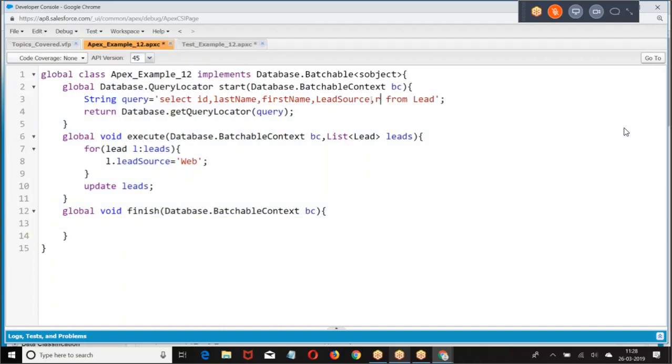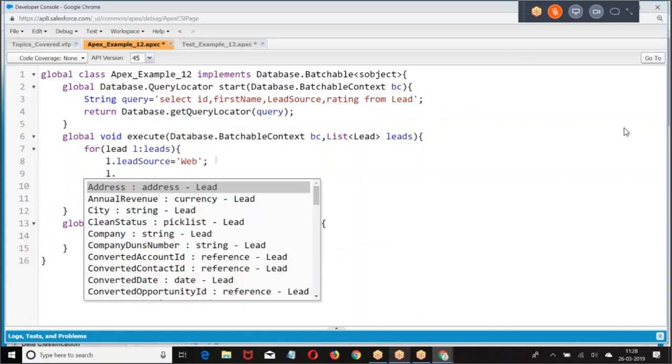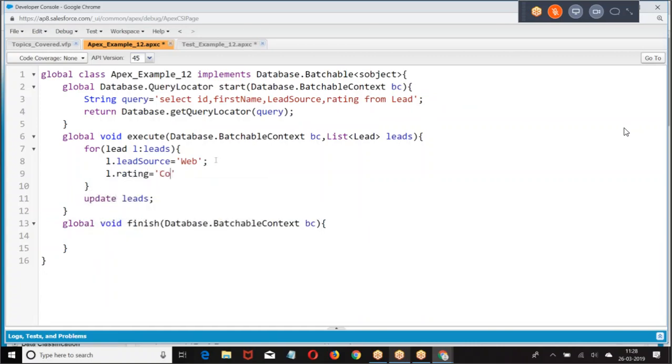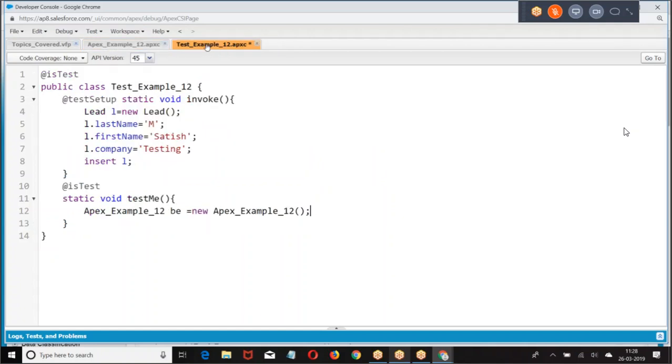I can also give the rating, one more field. Rating equal to hot, if the batch class is running properly. So wait, then Test.stopTest.